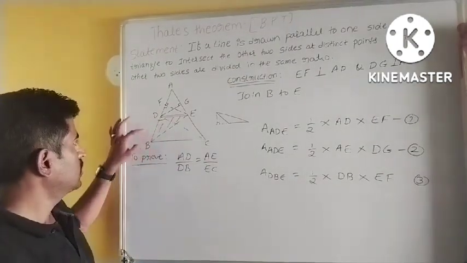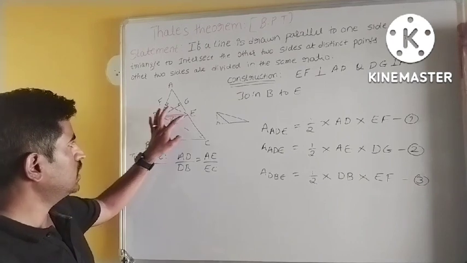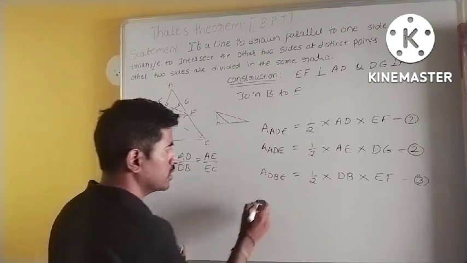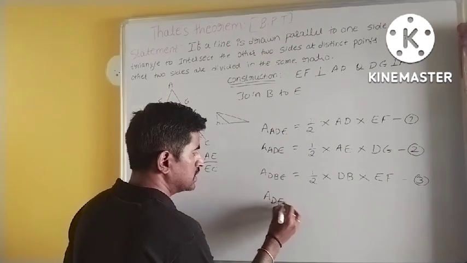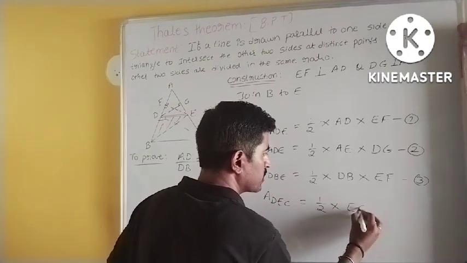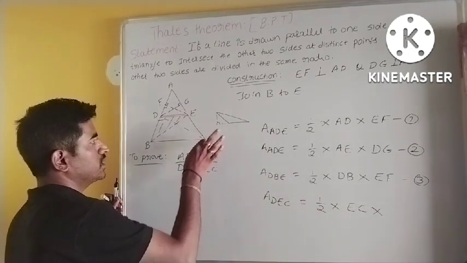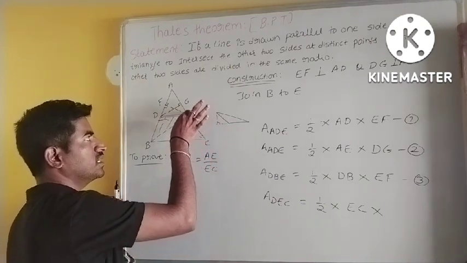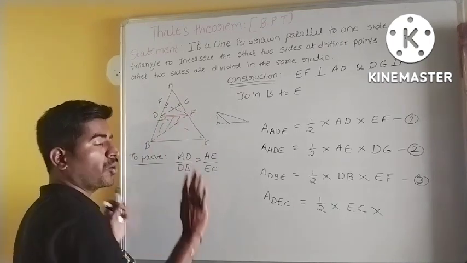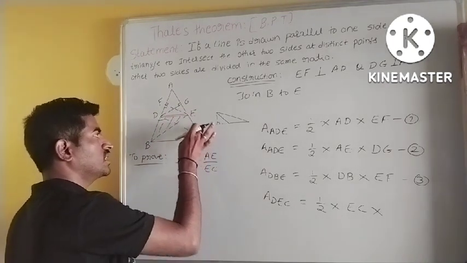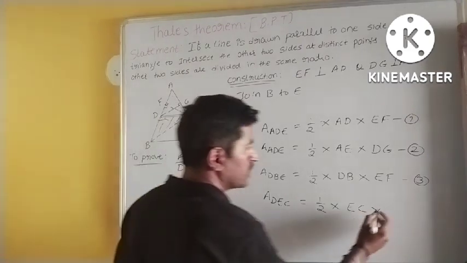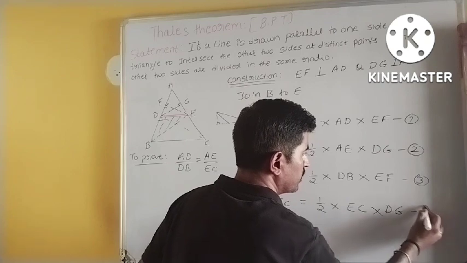I will take the triangle DEC. In this triangle, I will get the base EC. In the triangle DEC, half into EC as the base, and the height is, if I extend this EC up to point G, I will get the perpendicular height DG. So again it is an obtuse angle triangle. That's why I will extend EC up to G, then I will get the perpendicular height DG. So this is DG, equation number 4.